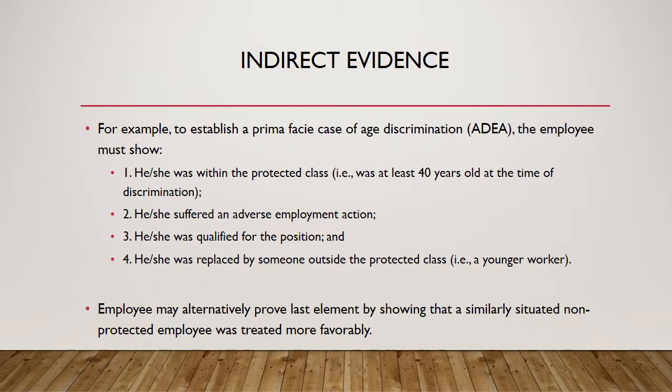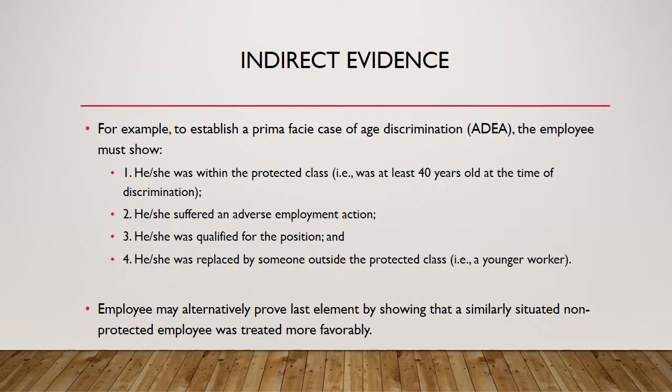It's usually an element that is more or less ignored when you consider the prima facie case. Usually it's clear that the person is within a protected class, and it's usually clear that they're qualified for the position. So if there's anything to argue over, it's whether there was actually an adverse employment action, or you argue over the fourth element, where you are required to show that